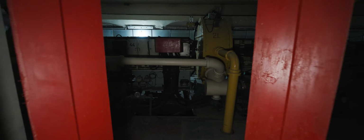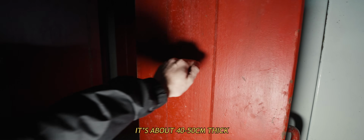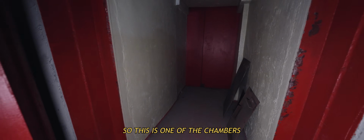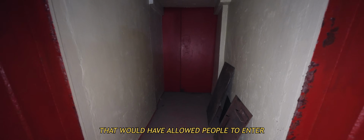The radiological doors were also impressive and looked like something in a nuclear power plant or bomb shelter. It's about 40 to 50 centimeters thick, and it's made of solid steel. It's absolutely gigantic. So the wall. So this is one of the chambers that would have allowed people